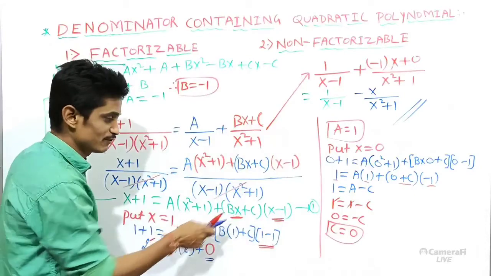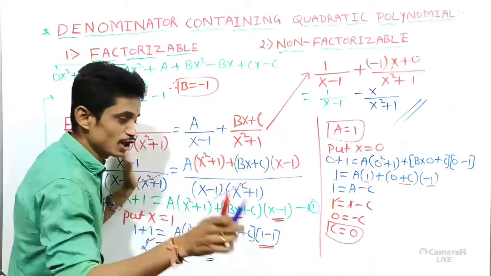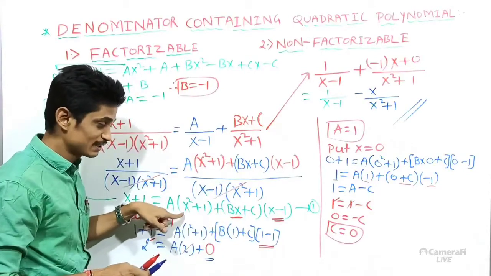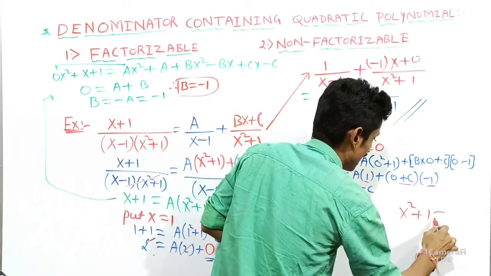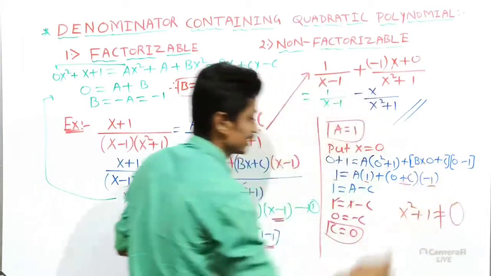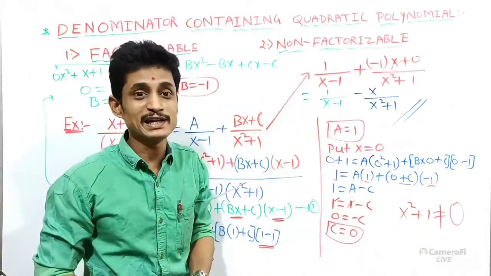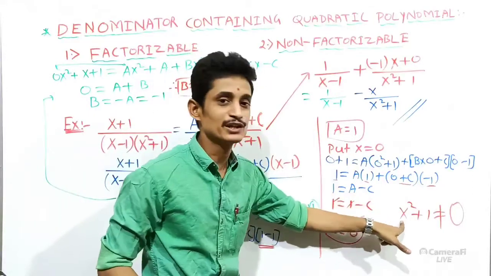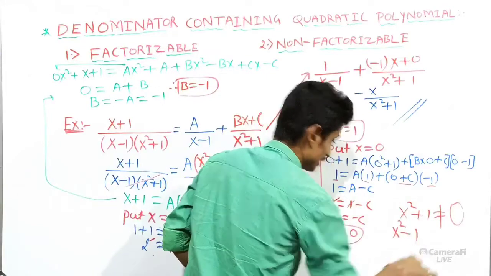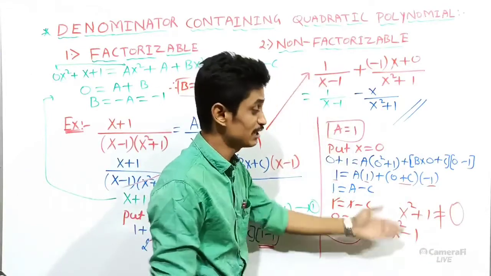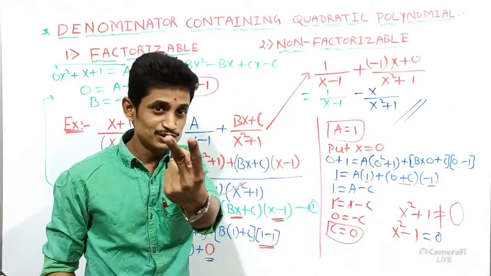Then how to get the value of b? Dears, don't think about the elimination method. We can't eliminate a. Why can't we eliminate a? Because x square plus 1 is always not equal to 0. In the real numbers, any number you can replace here, but the expression will never be 0. But in the x square minus 1 form, we can easily make it 0. In that bucket of real numbers, two numbers are available.